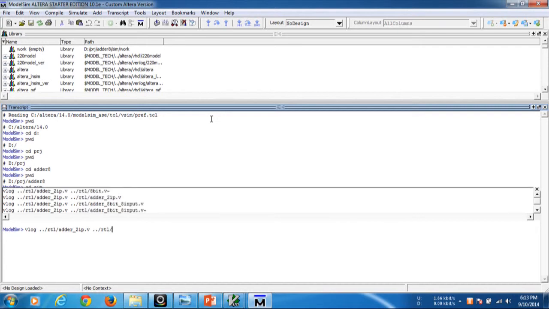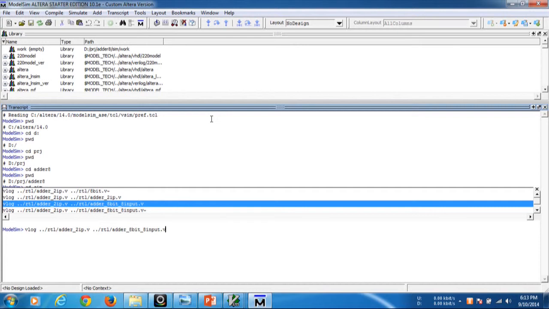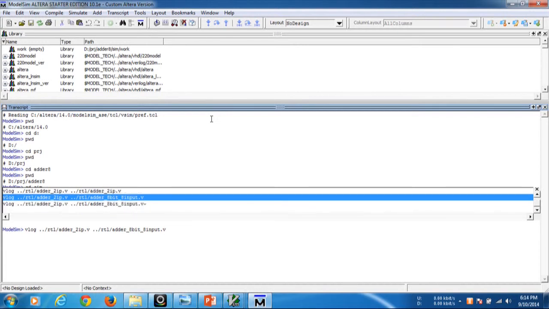As you already compiled the adder under 2 input, you now have to compile adder under 8 bit under 8 input. It may be interesting whether you have to compile this or this. Just compile the one without negation at last.